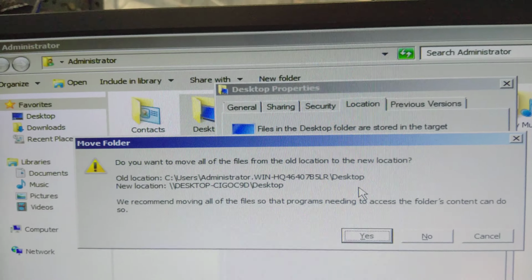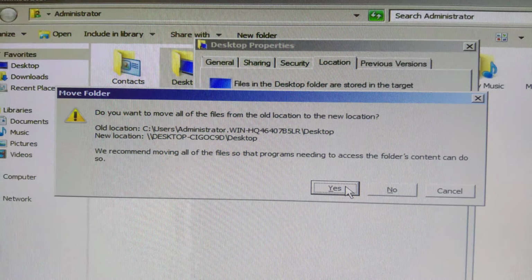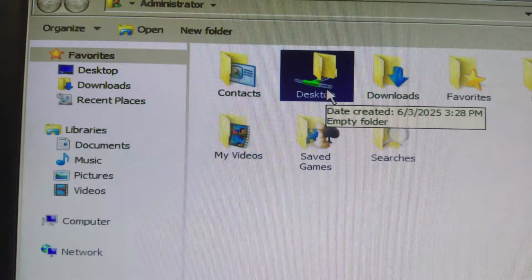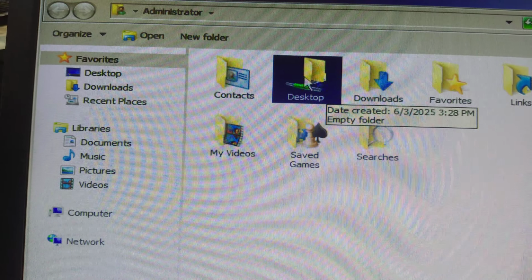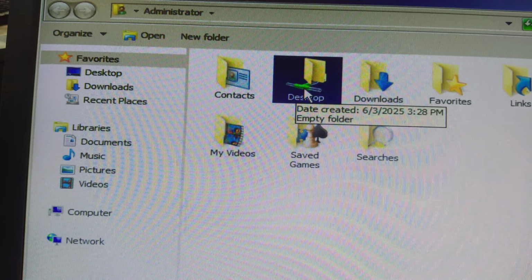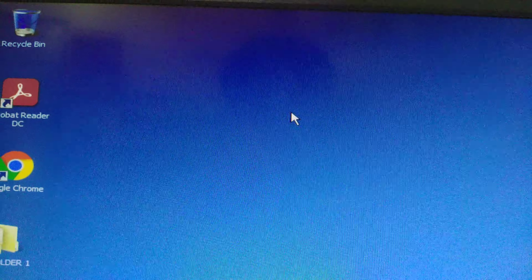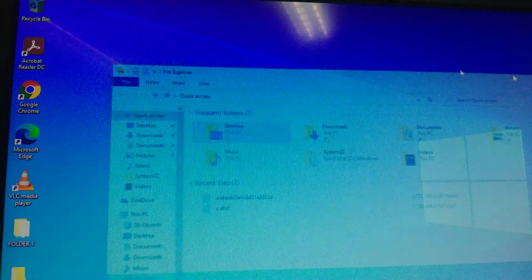This will come up with a question: do you want to move all the files coming from the location? If you go yes, then it will show up the result, and yes. Now to show that we are done performing the real-time desktop sharing, there will be a new icon for our desktop. It will show up like that. And if we close this and create a folder in this portion, for example, it must show up directly on our client, desktop to desktop, as mentioned,